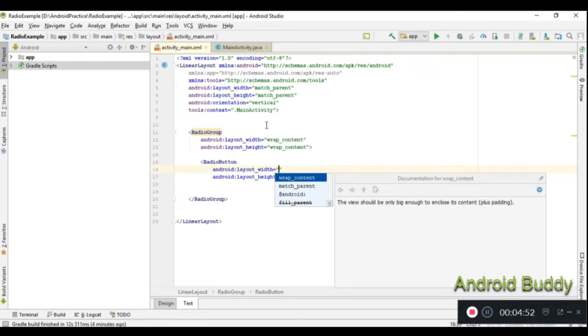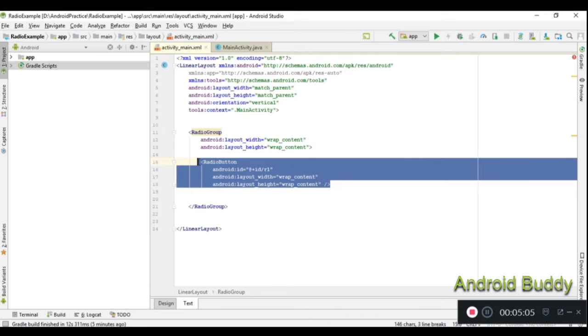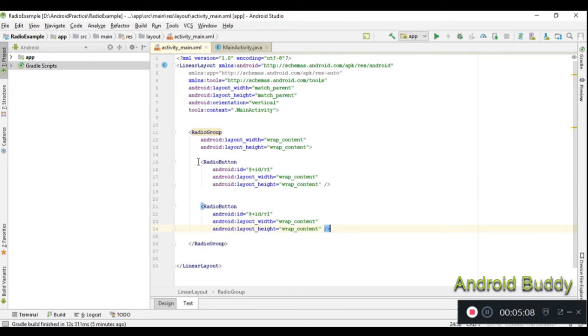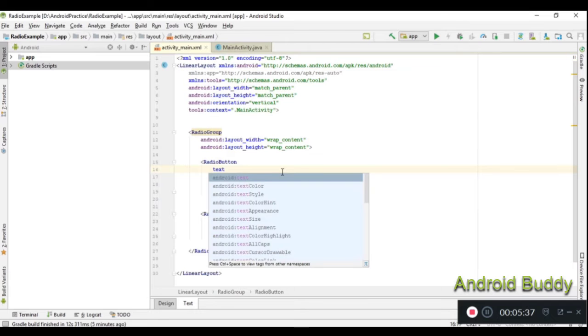So inside my radio group I need to create a radio button, providing height and width as wrap content, and providing an ID as R1, and just copy and paste it below and name this as R2. As you can see, we have two radio buttons inside our radio group, and we need to provide some text to our radio buttons. Each radio button will have some text which will hint the user to select the particular radio button. Just provide some text attribute,